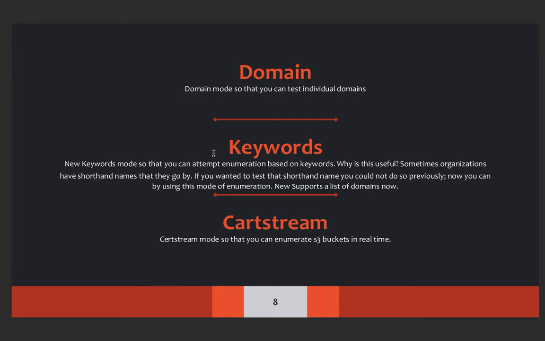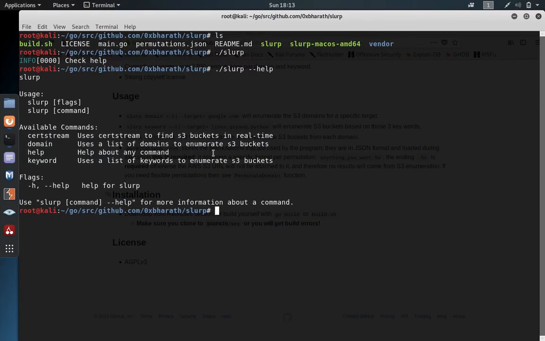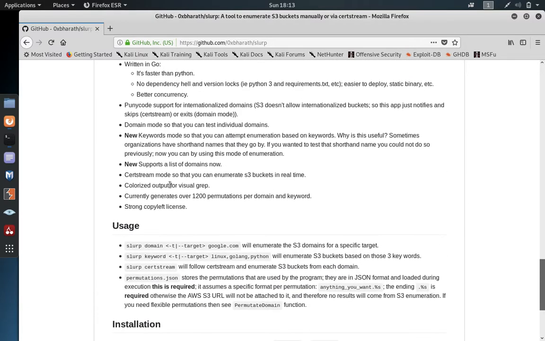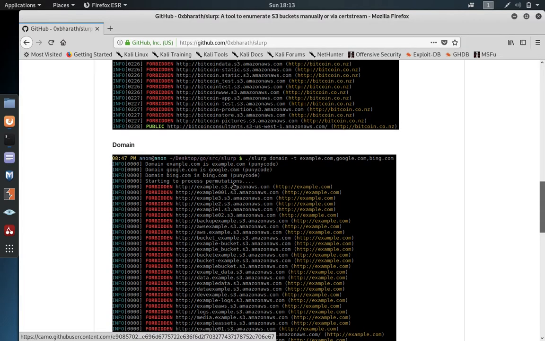So even if we go with the domain first, let's do some searching here. This is an example that the researchers of Slurp have already provided as a screenshot, so that you can understand.